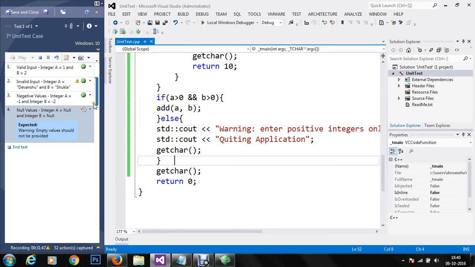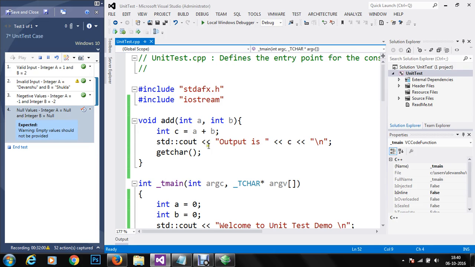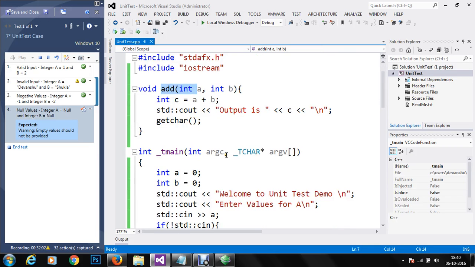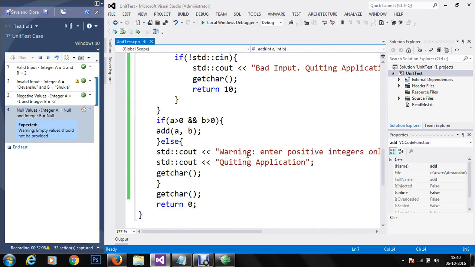So at this moment case number 4 is not within the reasons. If you want, you can ignore this null case here, and all of the 3 cases are passed for this unit test. So this is how we write unit tests for our methods and for our classes, and we test the methods, and then our application becomes a strong application. So I hope you got the point. Thank you for watching.